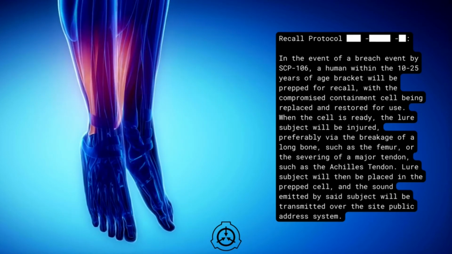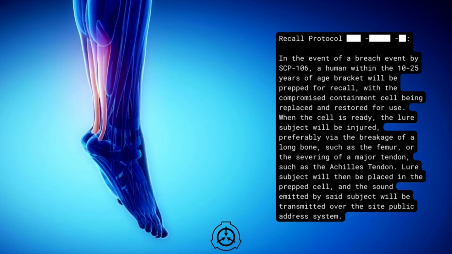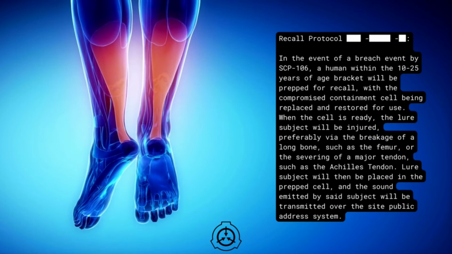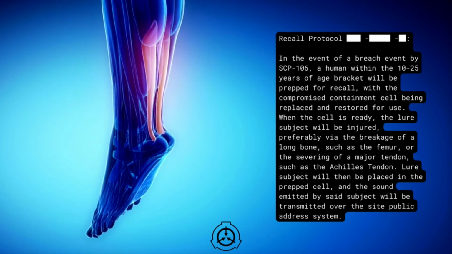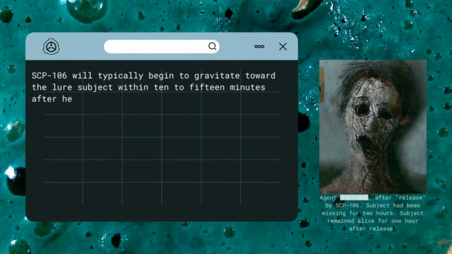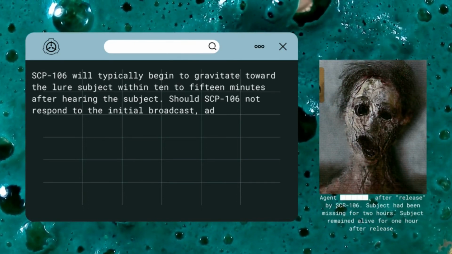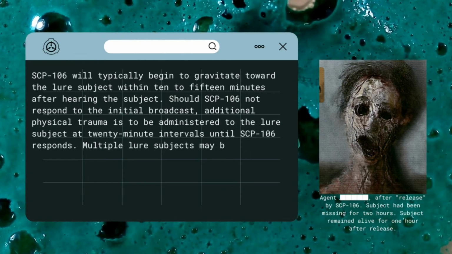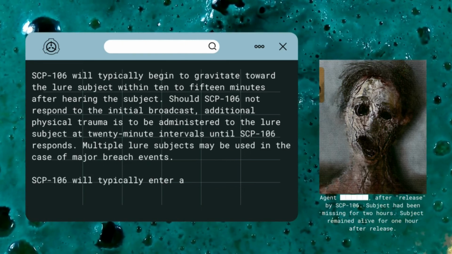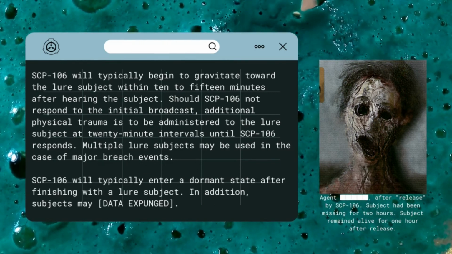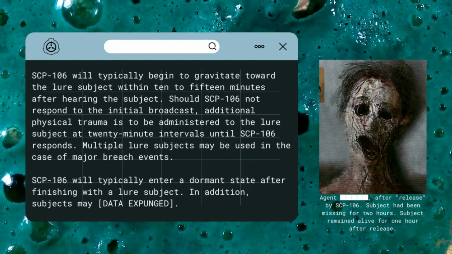Lore subject will then be placed in the prepped cell, and the sound emitted by said subject will be transmitted over the public address system. SCP-106 will typically begin to gravitate toward the lore subject within 10 to 15 minutes after hearing the subject. Should SCP-106 not respond to the initial broadcast, additional physical trauma is to be administered to the lore subject at 20-minute